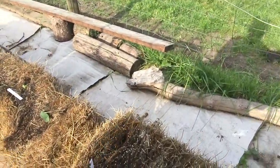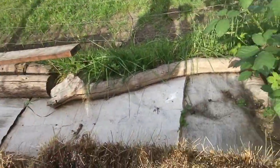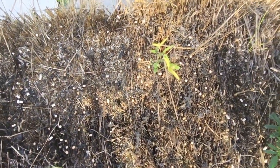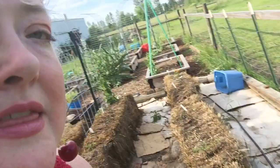Here I just put some marigolds in. Oh, sorry. That, I think, is a plant I planted, or it's a weed. Not sure exactly. This was the bale that I put some smaller seeds in, experimenting with how small the seeds could be and still make it. The lettuces, the turnips, and the kohlrabi over there I put on with a soil base, and I probably should have used compost. Opie over on Brew City Garden,